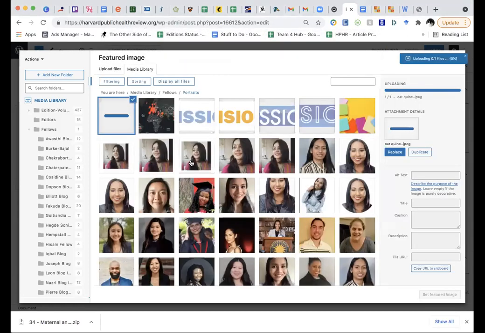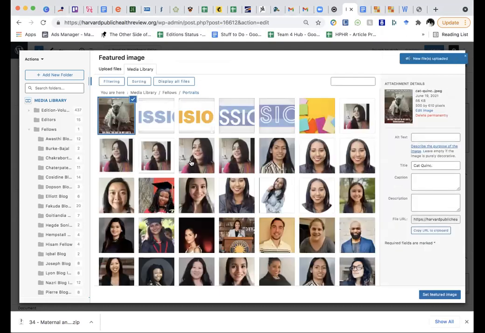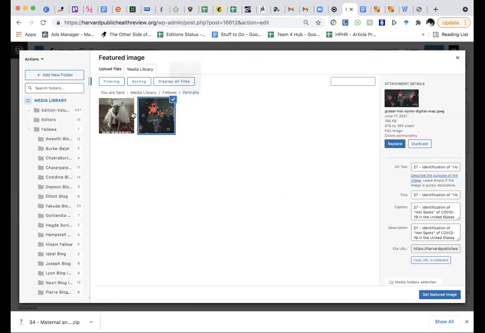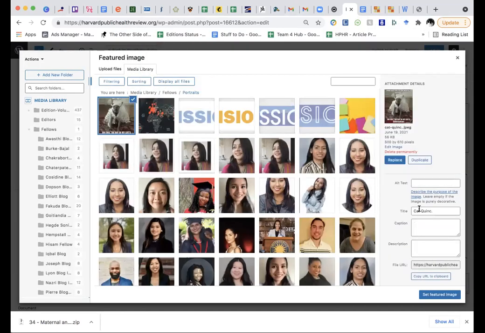So let's say for whatever reason, oh, this is our featured image. It's a cat dressed up in a little quinceañera dress. One thing we're going to want to do is, what I do is I just grab the title of the article. I go to replace image. I select the image I want. And then you see how it doesn't really have a title or description or anything. I normally just do this. I just paste in the title of the article on each of these.